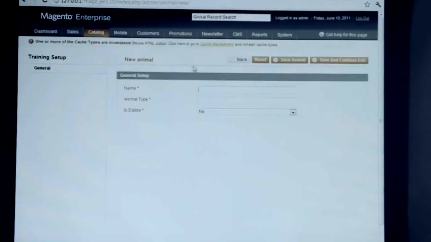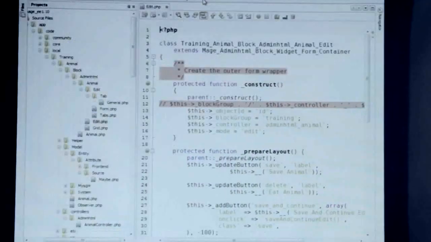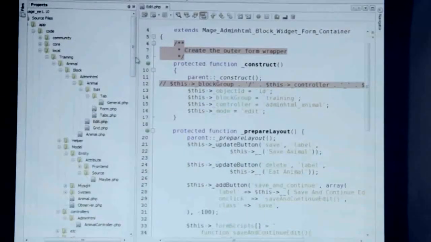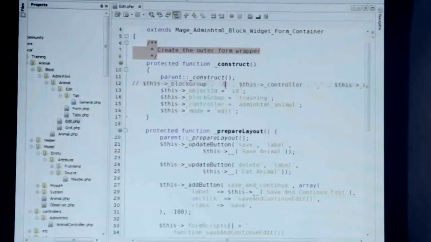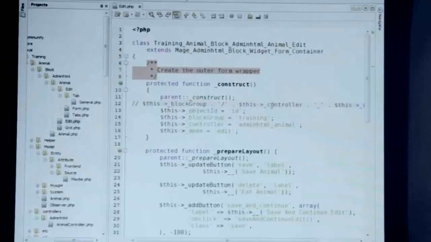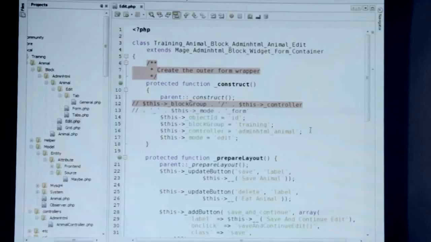This is the edit form, right? But I'm still on this new route. So I'm not changing the URL, but I'm really at my edit action. So the connection here in the code is, let's see, what's going on here? All right, well,